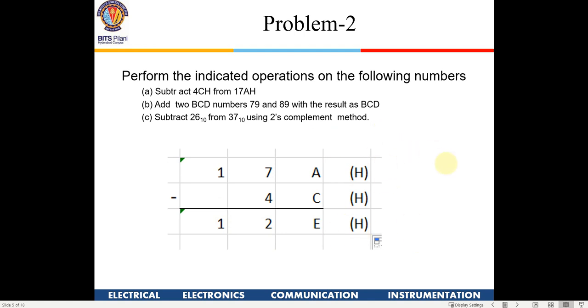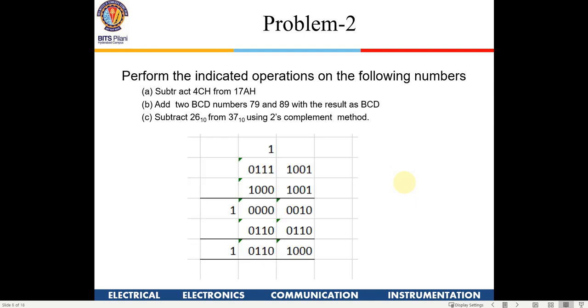This is just a revision, so that from the next class onwards, when we do the programming, we know we are going to use hexadecimals. We are going to represent all the memory addressing in hexadecimal numbers as well. So this is just a revision for you all. The next problem is